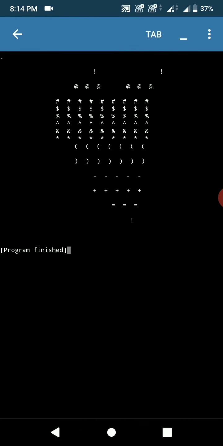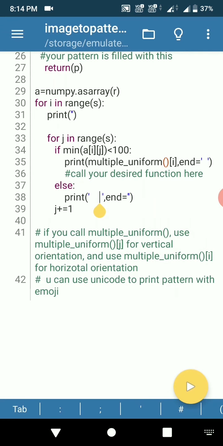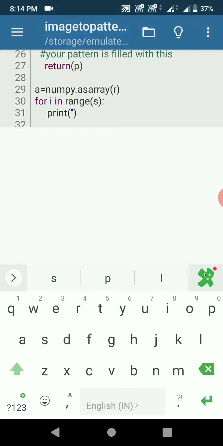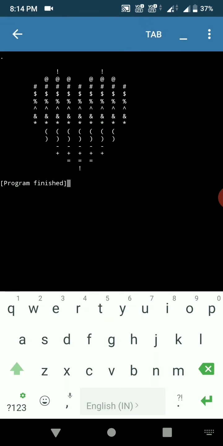When I click the play button, you have to change some values here, spaces. Okay, when I click the play button, you can see that there are a bunch of symbols in this heart pattern which are oriented horizontally. So when I use I, it will be oriented horizontally. When I use J, it will orient vertically.